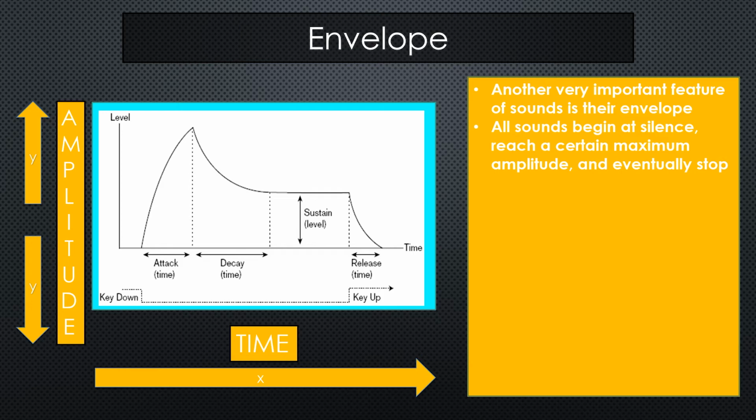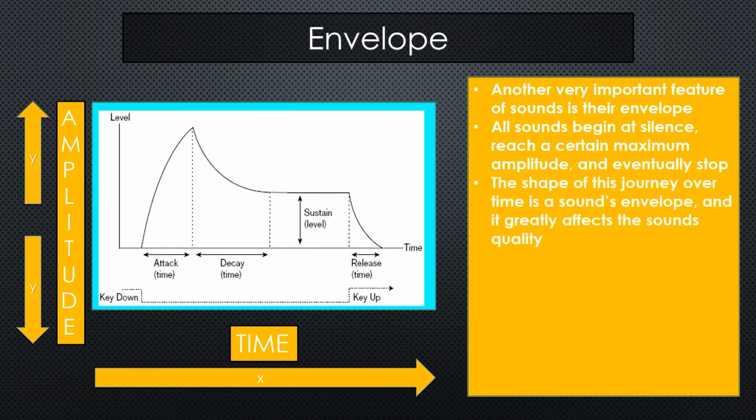This example on the left, which says key down and key up, we could think of that as a synthesizer. We press the key down and the synthesizer goes from quiet to some maximum amount of amplitude. We can program in a decay time so it doesn't stay at that maximum amplitude. As long as we are holding the key down, it will sustain, and eventually we lift our finger up off the key and the sound releases over some amount of time.